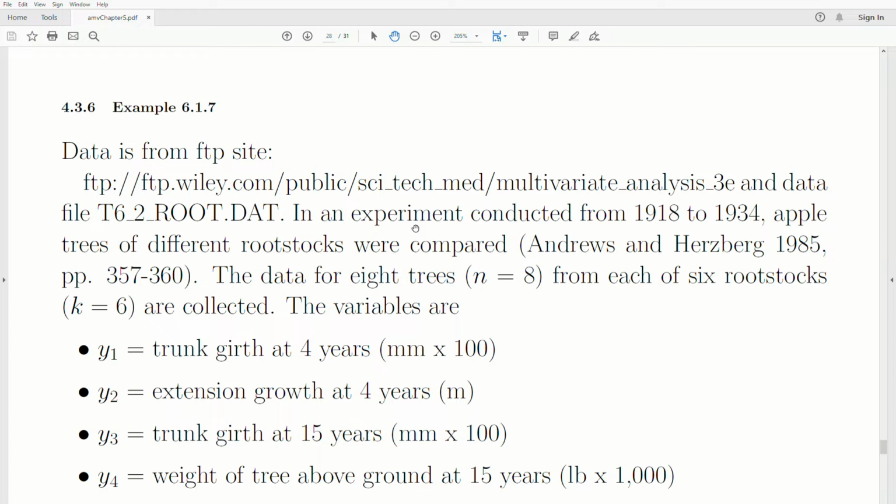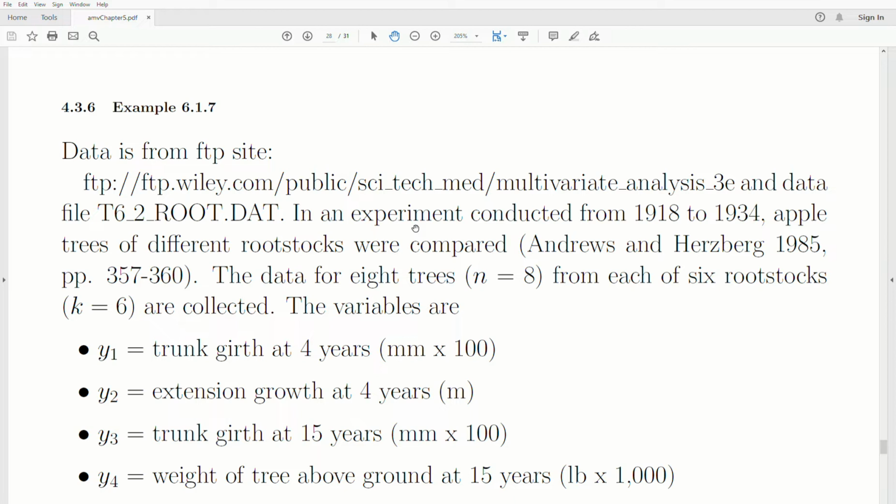So essentially, with all commercial fruit trees, the top of the tree is different from the root system, and that root system is called the rootstock. They put an apple tree on a rootstock that's resistant to disease, produces juicier apples, and that's